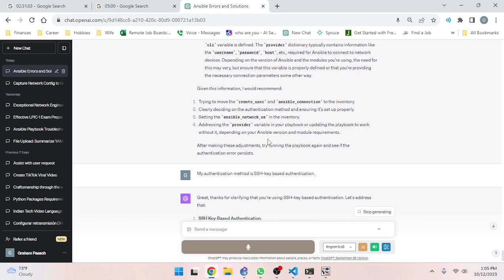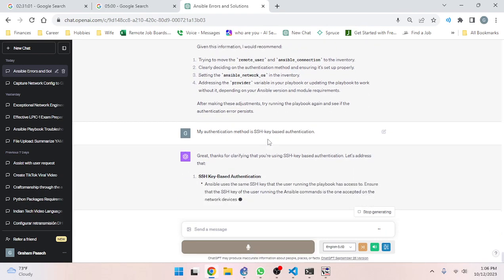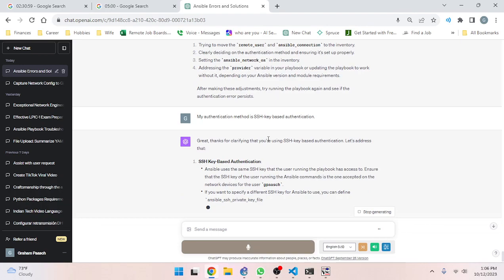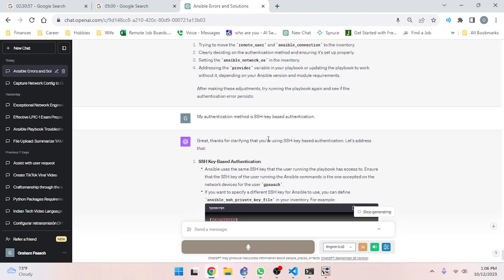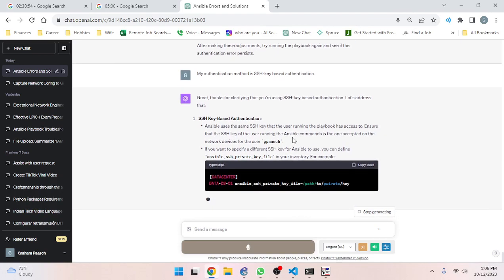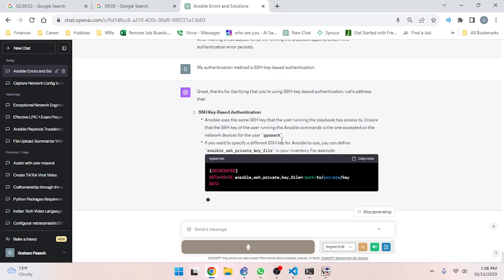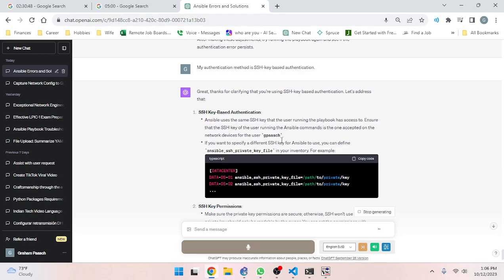Great, thanks for clarifying that you're using SSH key-based authentication. Let's address that. Ansible uses the same SSH key that the user running the playbook has access to. Ensure that the SSH key of the user running the Ansible commands is the one accepted on the network devices for the user GPOS. If you want to specify a different SSH key for Ansible to use, you can define